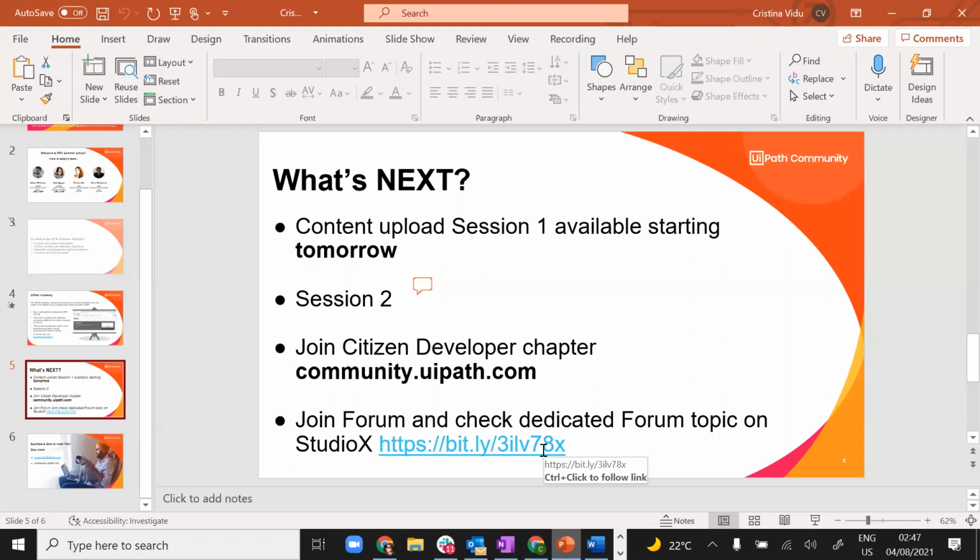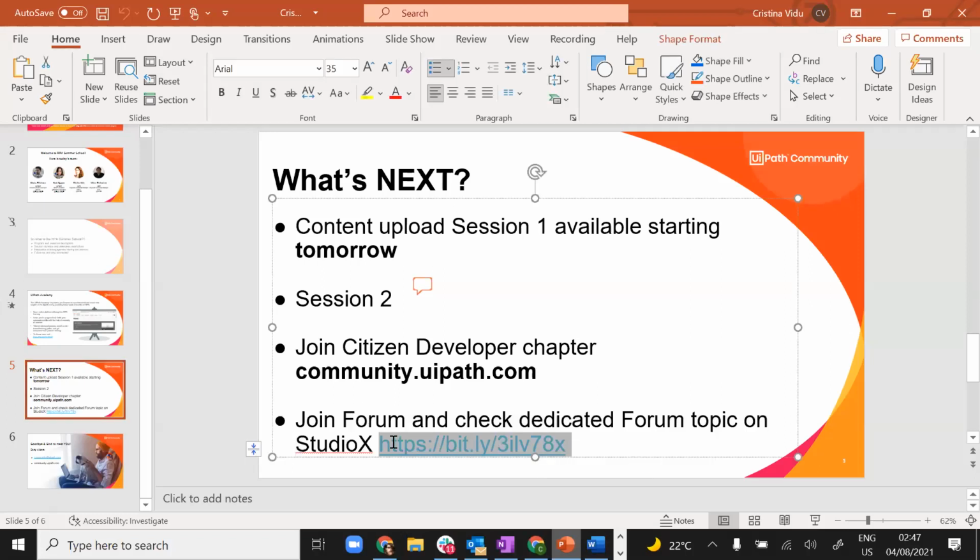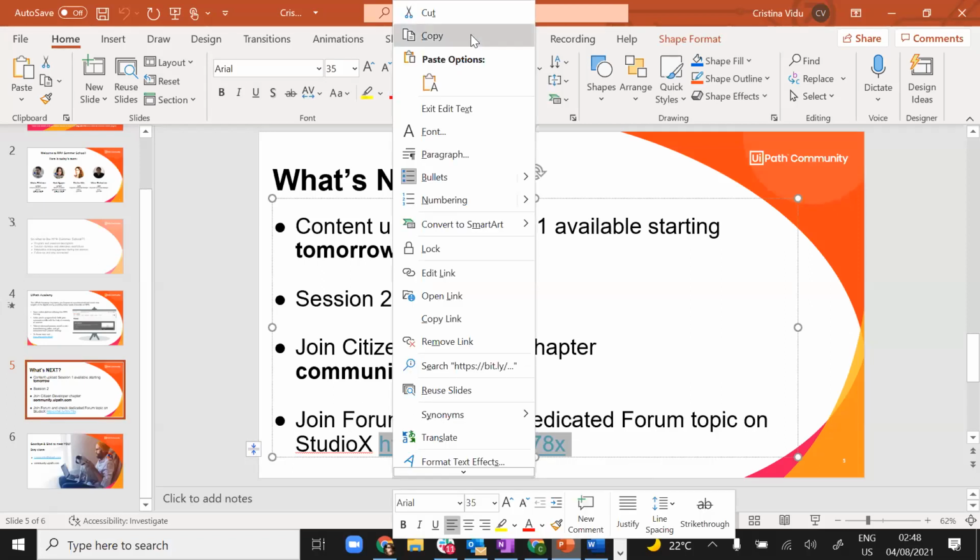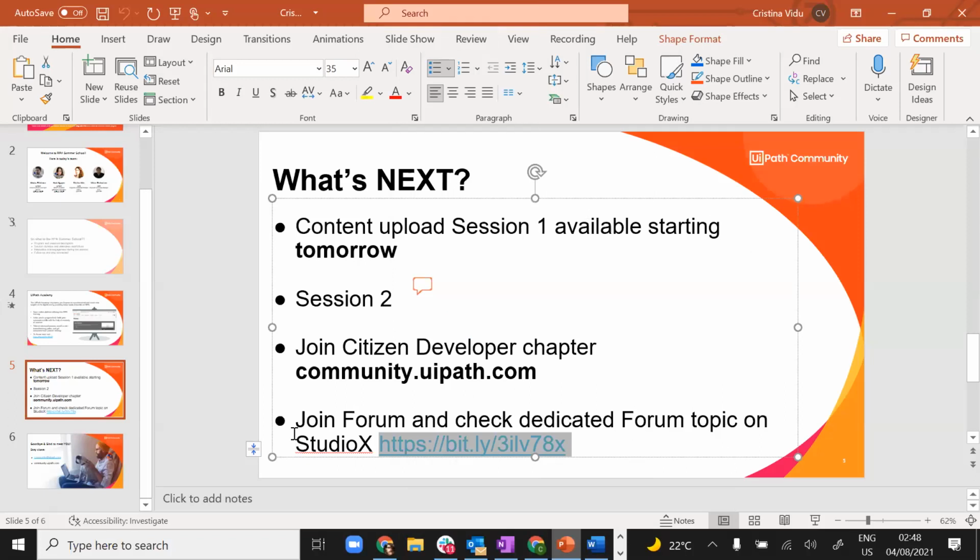And also we have this link, which I'm also going to copy in chat, which is a forum thread and topic on StudioX. There, if you go on that, you will be able to find a lot of things which can help you, and you can ask questions on StudioX further. There is a tag created in the forum. Let me show you what the forum is.